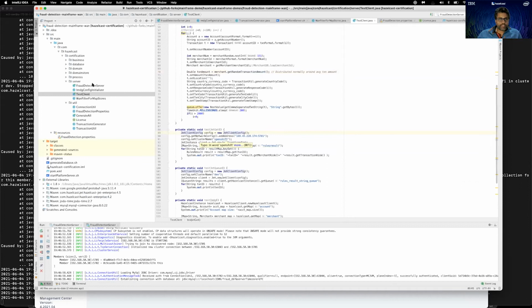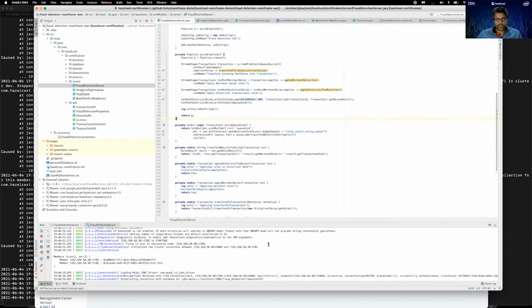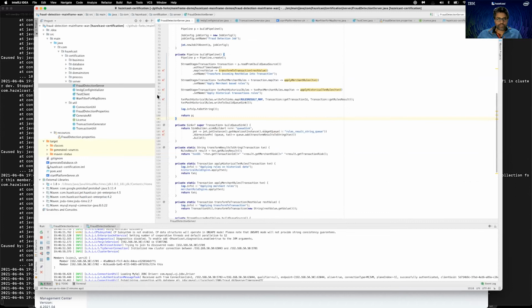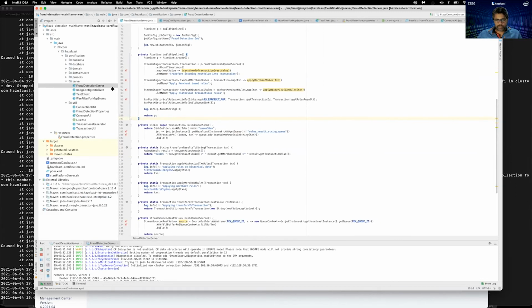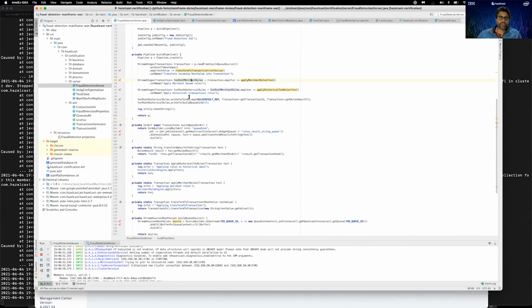start this, let me quickly show you how the processing is defined. How those several stages of my payment processing or transaction processing are defined, and where they are defined. So when I said earlier that all your payment processing, or sorry, all your business processing or your logic is defined in several stages, and you connect those stages with each other through Hazelcast APIs, and you submit that stage as a job into the cluster.